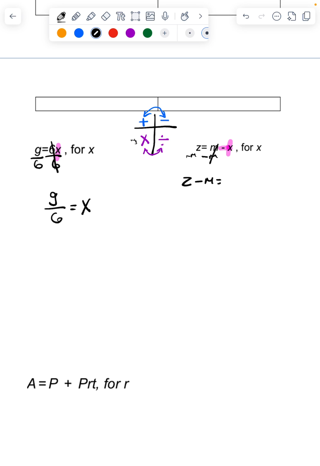But if you notice, this negative is now attached to the x. It's negative x. Well, it said to solve for x. So that x now needs to be positive. Now, the best way to do that is to divide, okay? Divide by -1. And what that's going to do is get rid of the negative symbol on the negative x. And so now we have a positive x,